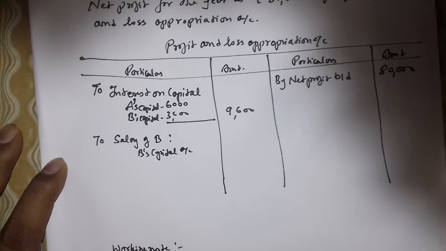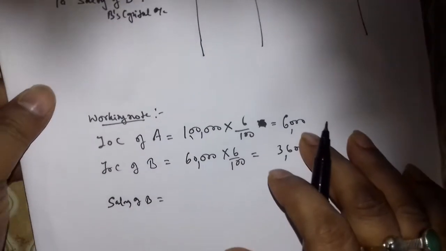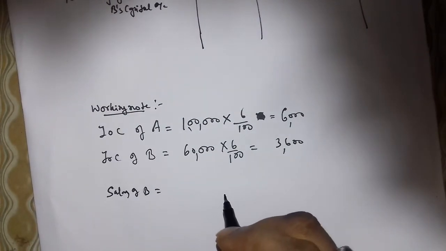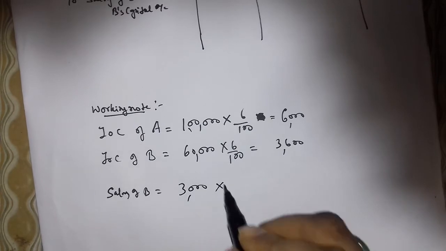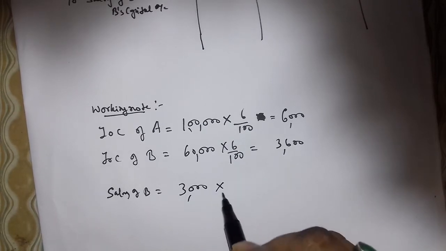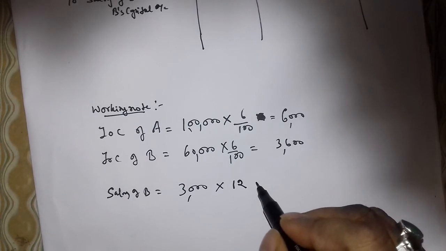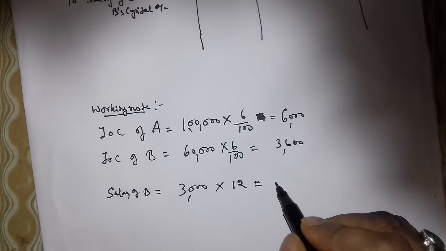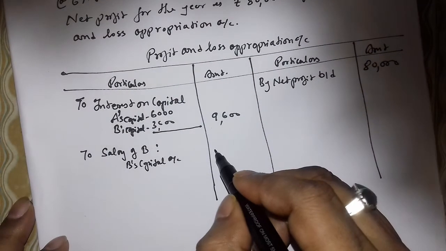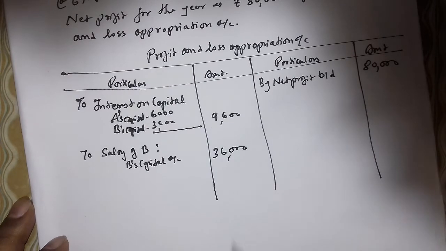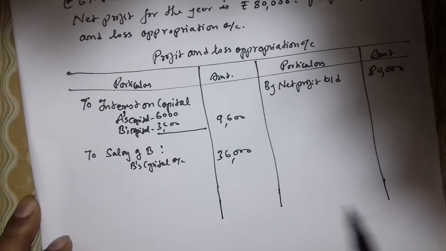Salary of B, how much it is, is given in the working note. See, salary of B 3000 per month. So 3000 into, this appropriation we are preparing at the end of the year, so we have to calculate for 12 months. So 12 into 3000 is 36,000, which will be the salary of B. So 36,000 is the salary of B. Now after totaling both the sides,